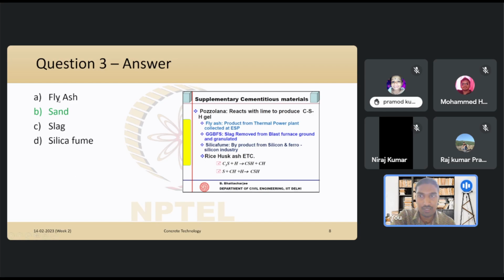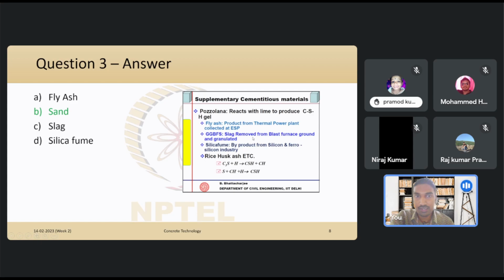But we don't use sand as a supplementary material, right? These are called pozzolana materials, right? They can react with lime in order to produce the CSH gel, and therefore they can be used as cement supplements. If you look at fly ash, it is obtained as a result of the processes from thermal power plants. GGBFS, or the slag represented here, is the granulated